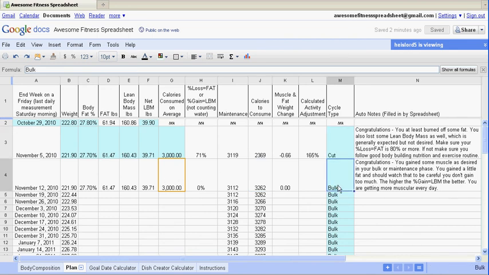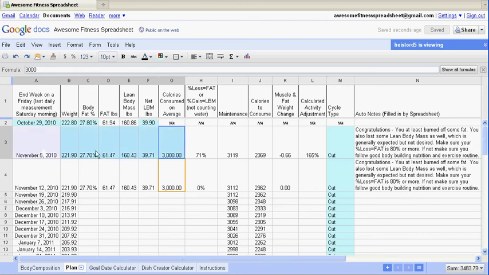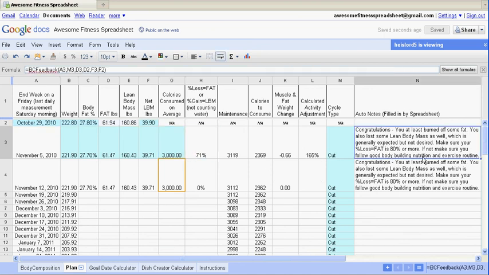Now, what we have here in column N is feedback. It's feedback based on what type of cycle you're in, and the results you have for that week as compared to the prior week. So here, it's saying, congratulations, you at least burned off some fat. You also lost some lean body mass. And I just put these messages in here to give you a high level of feedback on your results. So this is saying, okay, you kind of met your goal, but you want to make sure